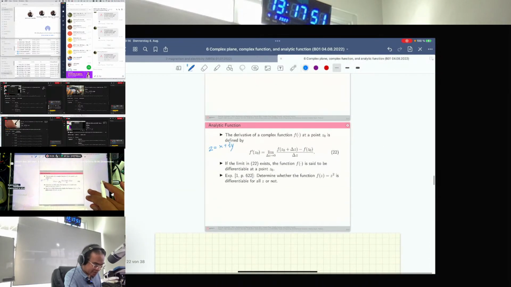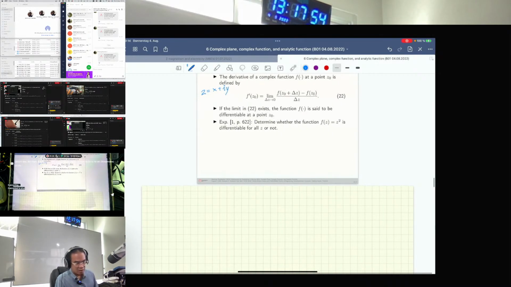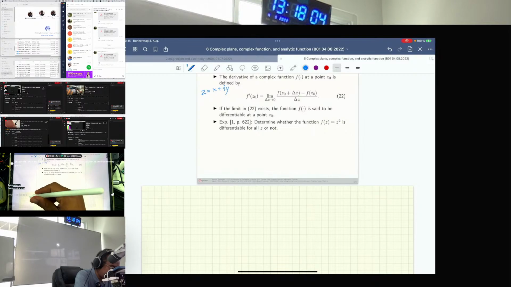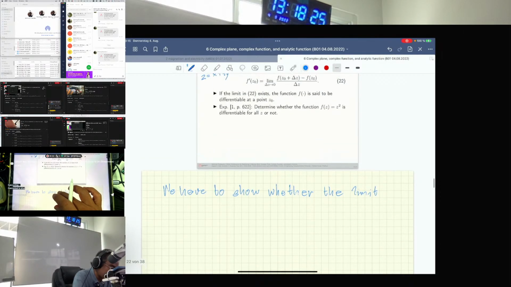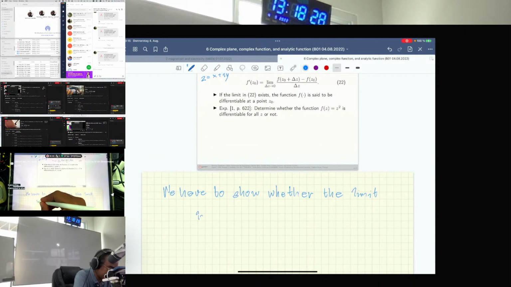page. You know that we have to show whether the limit here of delta z